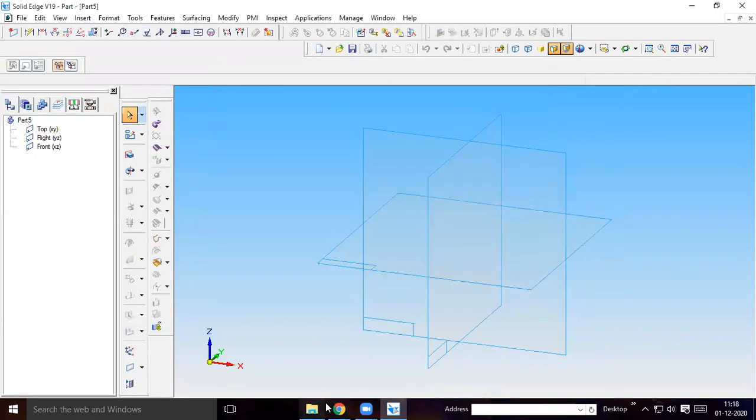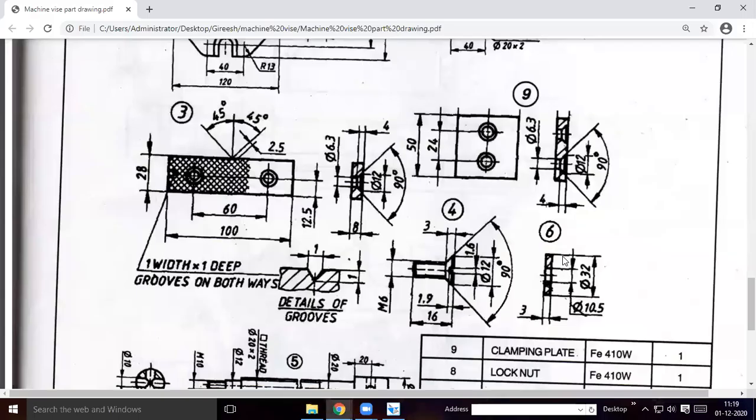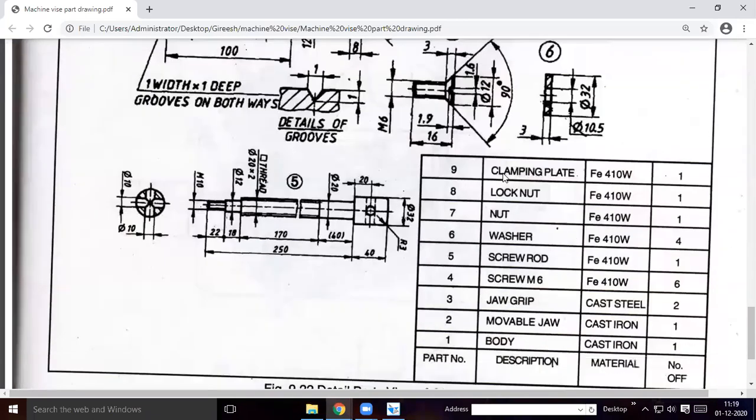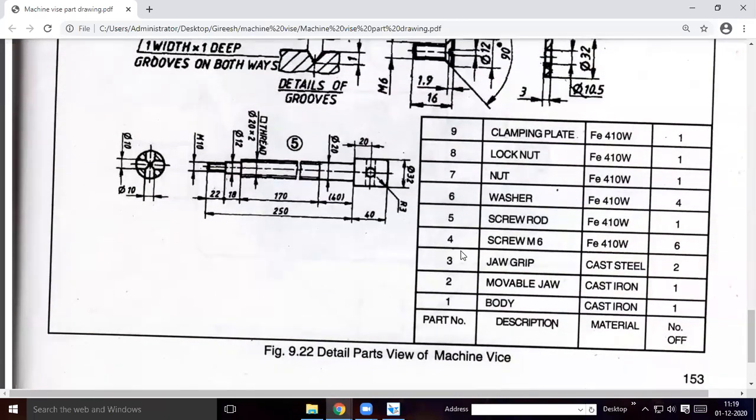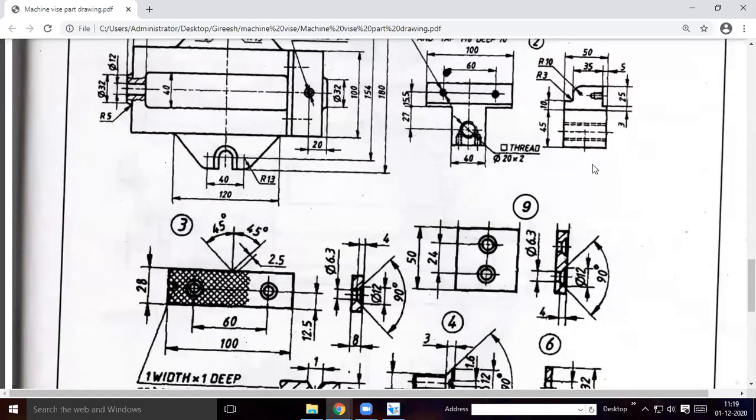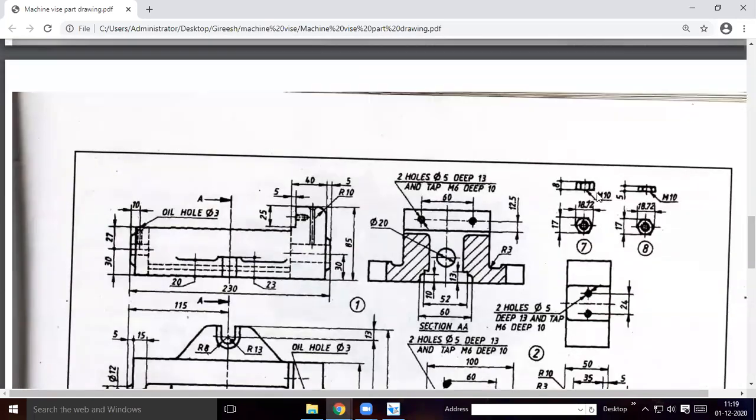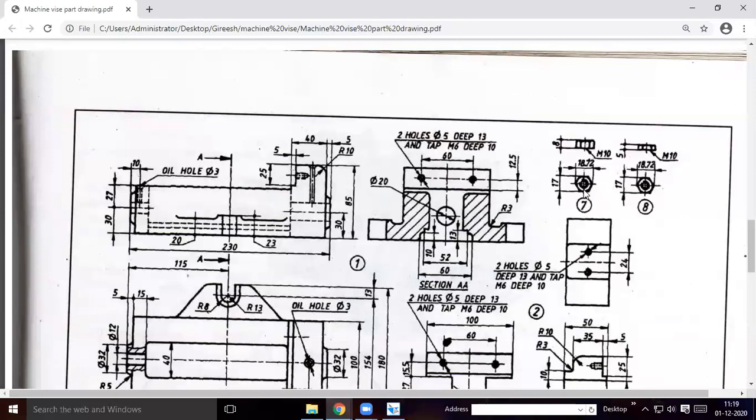Okay, then go to seventh part. Seventh part will be nut. Here at the top it is given nut. You already created this type of nut in plumber block. Same way you create here also. So the diameter of the circle will be... so just first you create a hexagon. M10 is given means you create a hexagon of 10 mm edge.